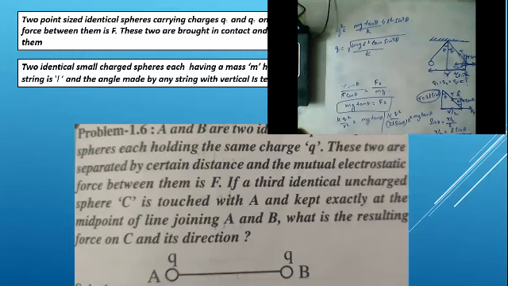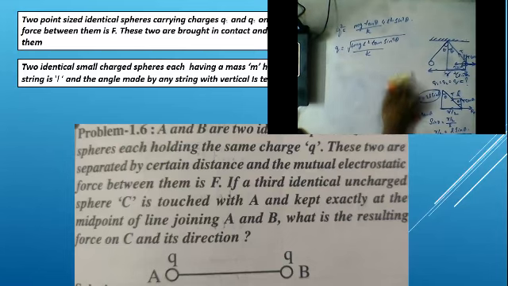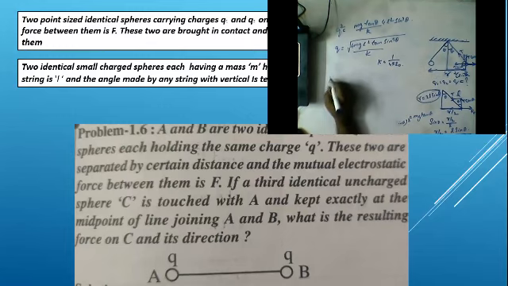Okay, but what is the value of K, guys? K is equal to 1 by 4 pi epsilon. So here I can write, instead, K is equal to 1 by 4 pi epsilon. So we can get Q is equal to 4 pi epsilon goes up. So it is how much? 16 pi. So we will get a square root of 16 pi epsilon.